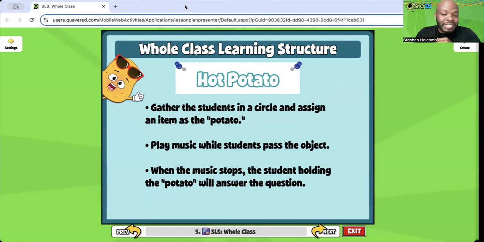As students are passing the object around, you are going to be playing music. Of course, you can pick songs that you know your students will be inspired by. And then once the music stops, the student holding the potato will answer the question. This is a classic hot potato game. And with this, again, your students are all in a circle so everyone can see each other. And whenever someone is speaking, we can give attention to them